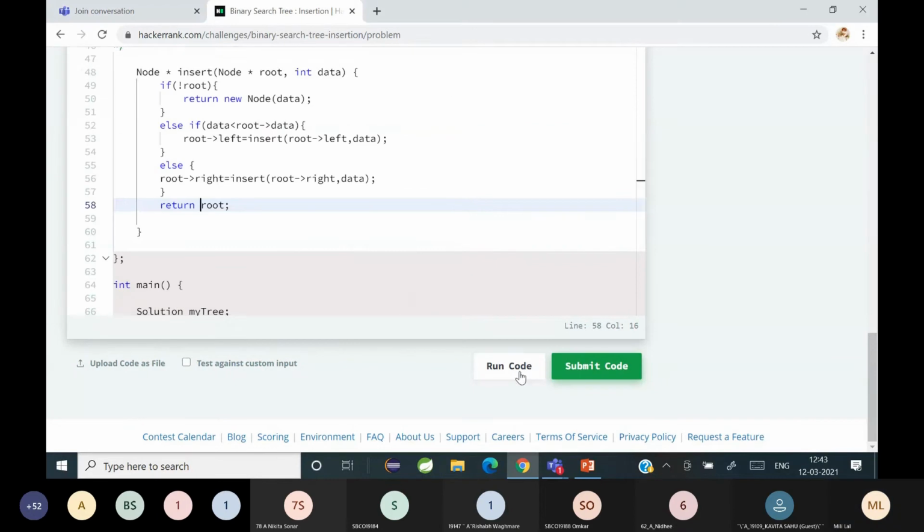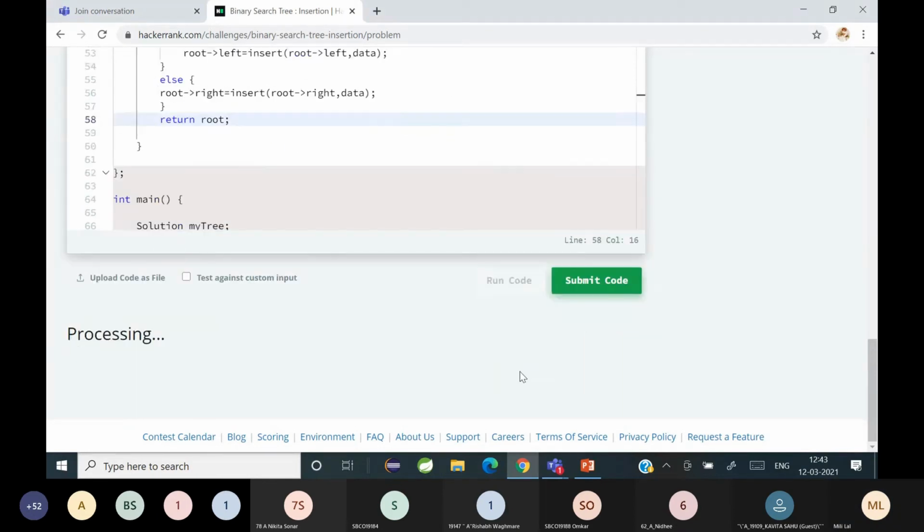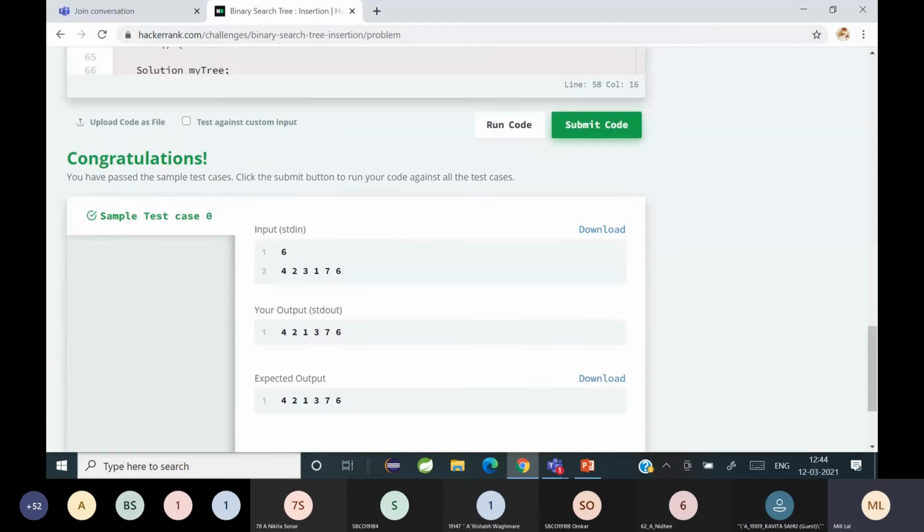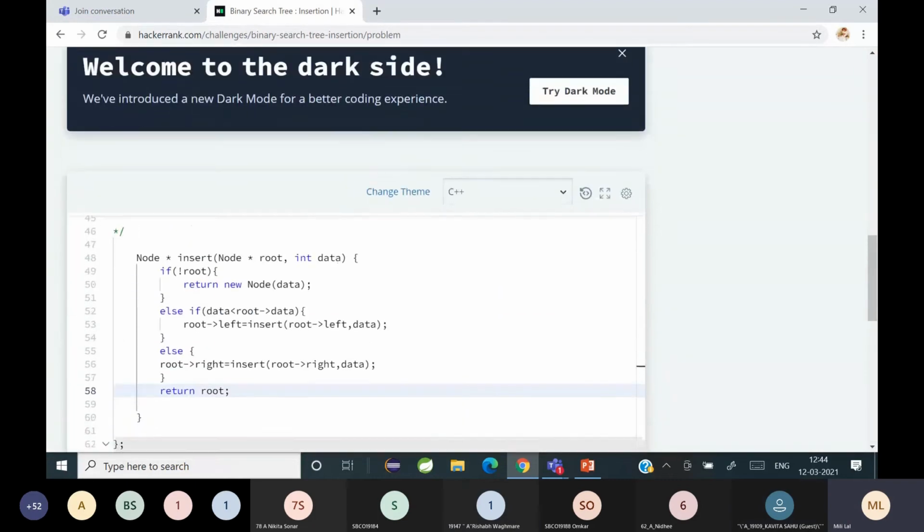Run the code and check if it is okay. My first test case has been successfully completed. Can you see it? Yes, ma'am. So that means I have successfully done my first test case.